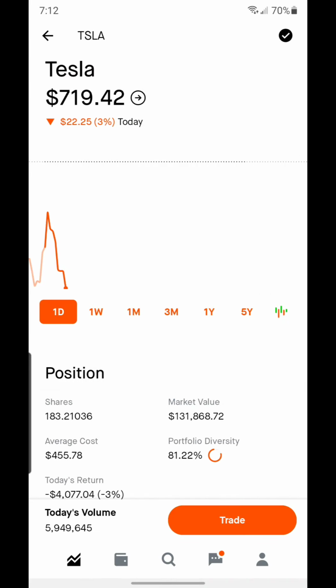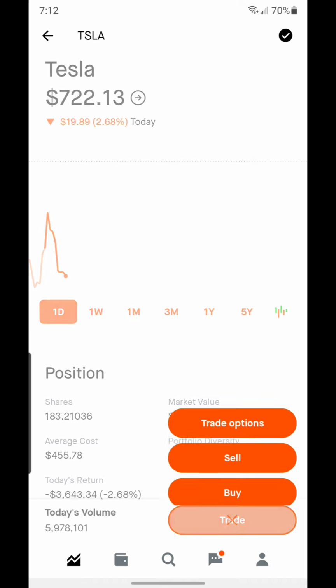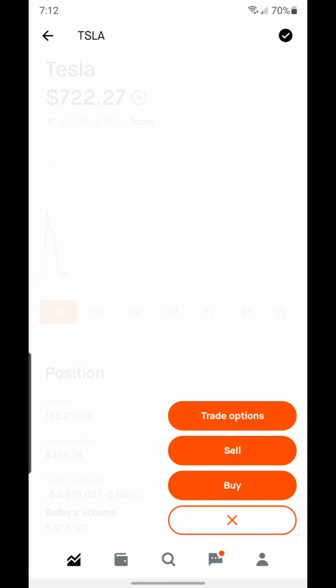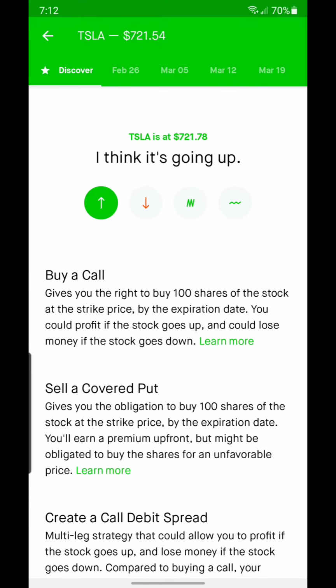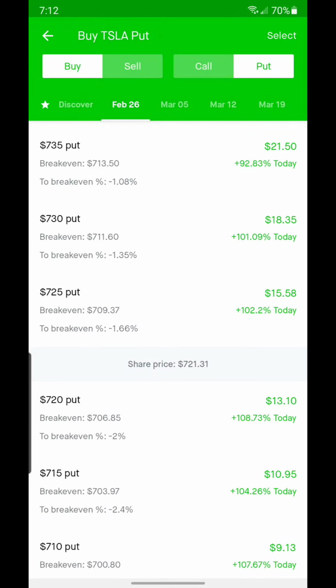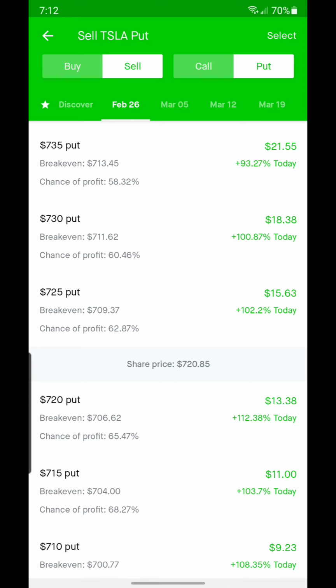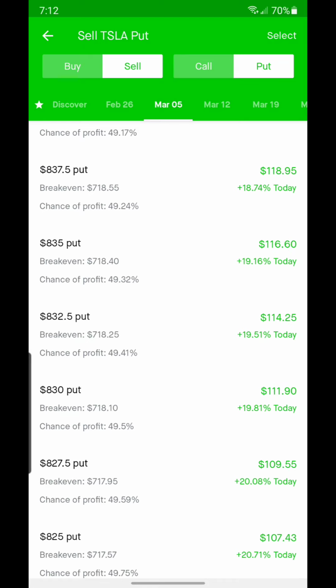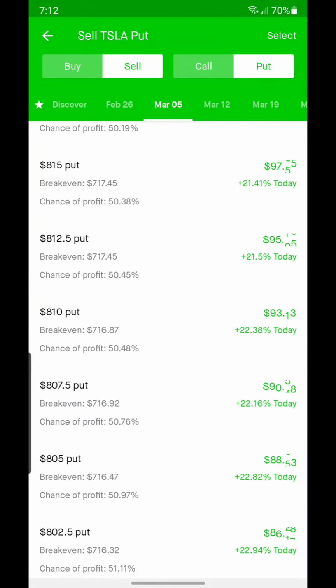at Tesla. So the ideal time for me always is when the stock is dropping. That's when I see maximum premium, just because it's showing some volatility and it's closer to the strike prices that I want to sell wherever they may be. So first thing I'm going to do is, I wish it didn't start bouncing back up now. I'm going to do one that's too close, and then I'm going to roll it out, at least too close for me. So what we're going to do is we'll just go to, yeah, tomorrow's like too ridiculous. I feel like that could move too quickly before we could even mess with it. So we'll go to March 5th,